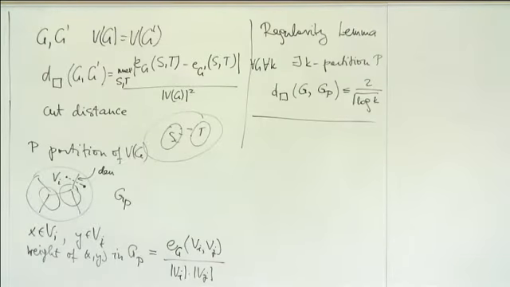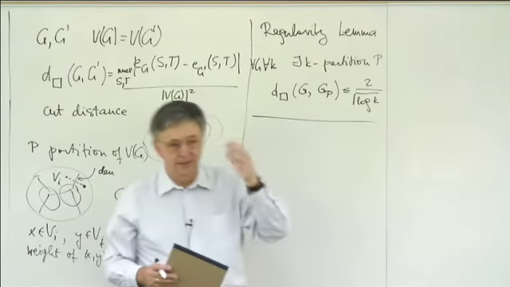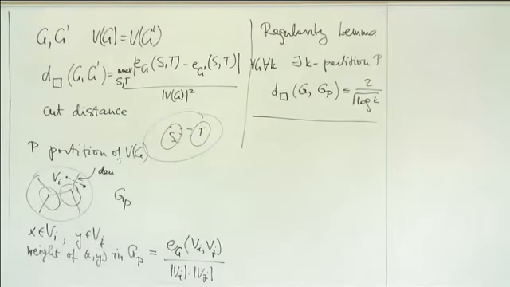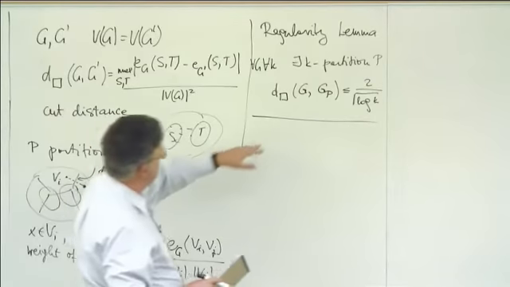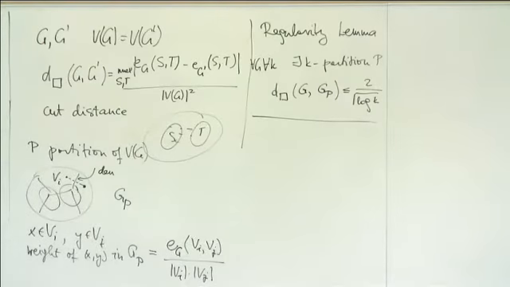Yeah, you can do it the other way. With epsilon, so you can call this epsilon, and then the number of parts will be 2 to the 1 over epsilon squared, or 2 to the 2 over epsilon squared. You can put extra conditions like you can require that the partition classes are about the same size and so on, but I don't want to spend too much time on this. So this is the regularity lemma, and I will need one more